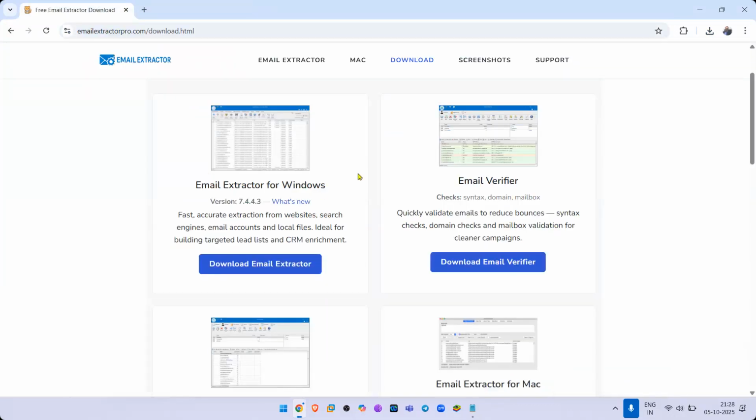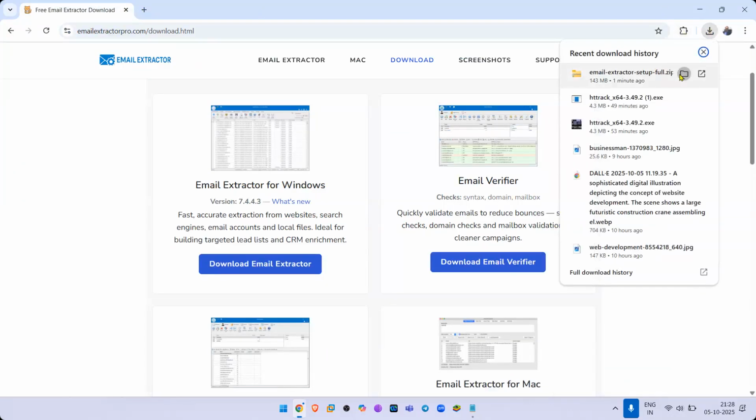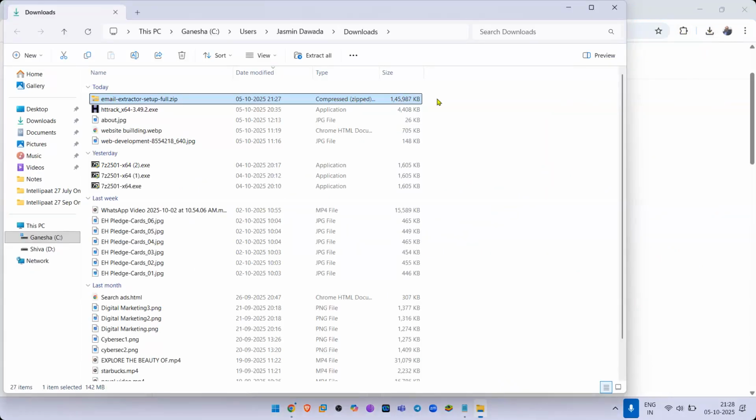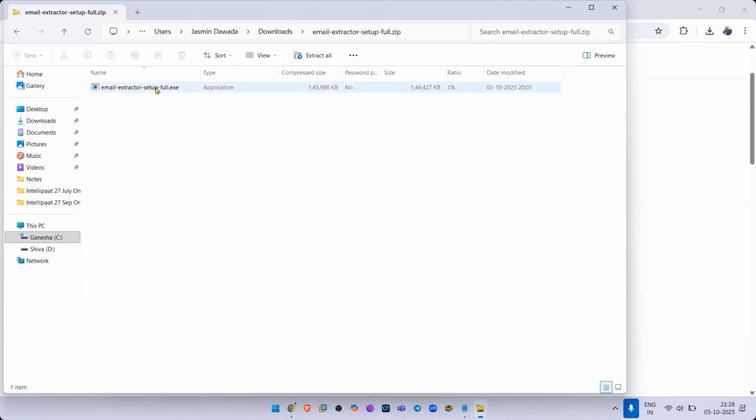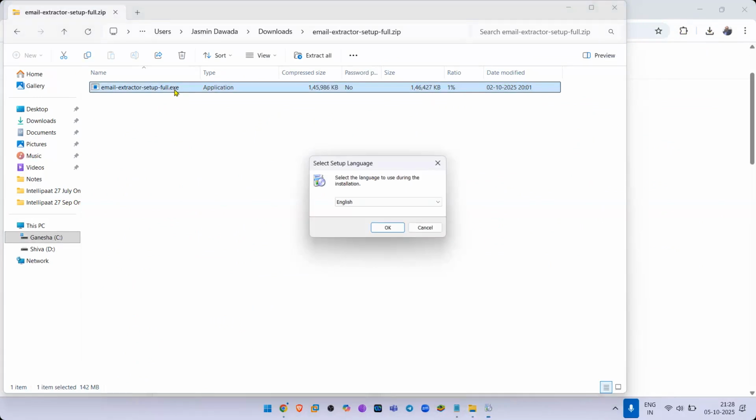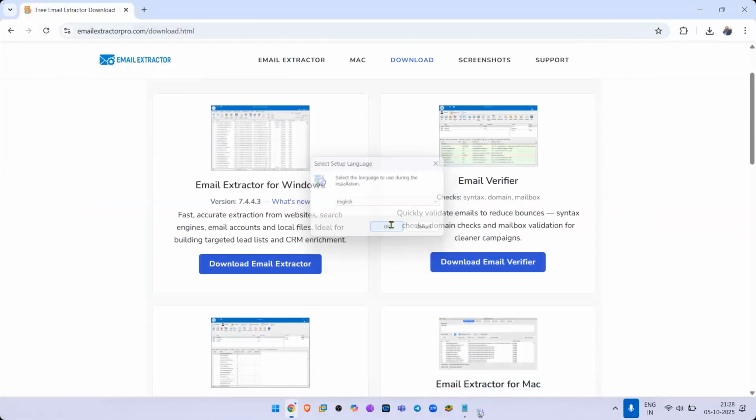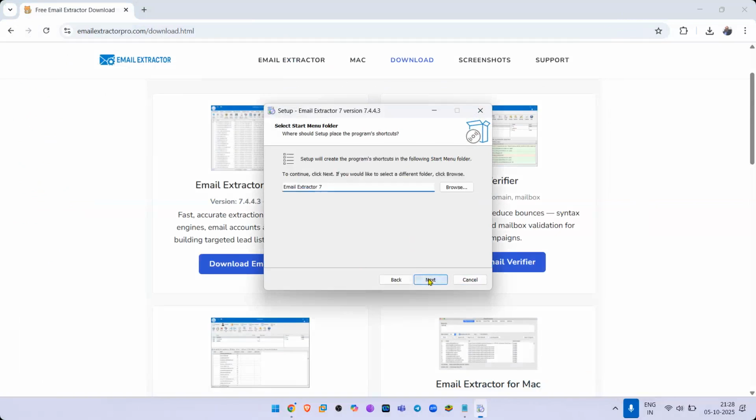Let's go ahead, I think we have successfully downloaded it. Let's go to our downloads folder and install it. Double click the email extractor setup, the setup exe file. It's that simple. Today I'm not going to show you how to extract. That extraction process was very scary yesterday. Let's click OK, click I accept, next, next, next.